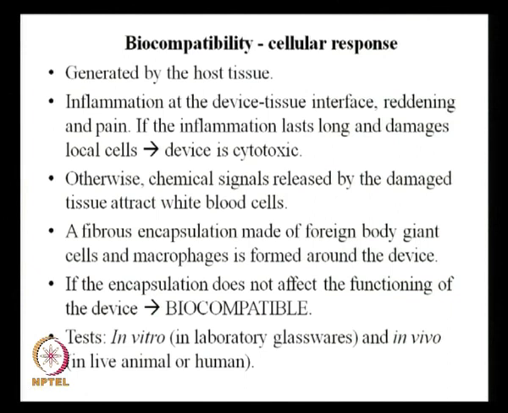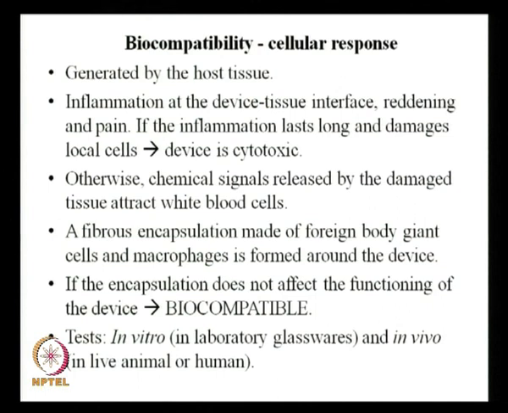Those damaged tissues will release some chemical signals, and that chemical signal will ensure that white blood cells get attracted to that place. Basically, that portion of the body sends an SOS to the rest of the body, saying there is a problem here. So, immediately there would be signals and these white blood cells getting attracted,